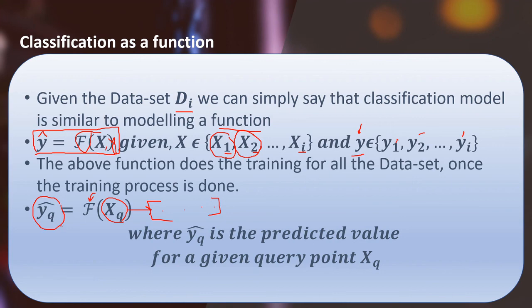Now, if you have the original yq for this feature vector xq, then you can calculate the loss. Loss means error here. So we won't say error, we will say loss. So the loss is actually, you can think of it as how much it has deviated. Now in classification, the concept of loss is different, and in regression, the concept of loss is different. So I will come to that portion, how loss is measured in both classification and regression. But to be specific, I think you have understood how we can represent our data set in matrix notation